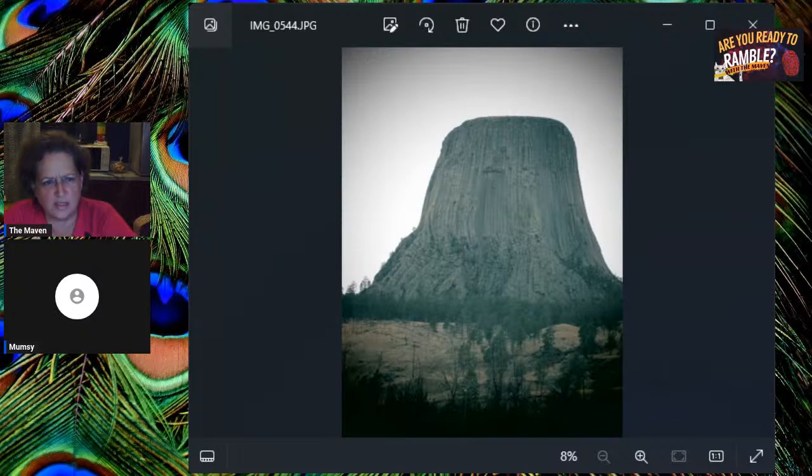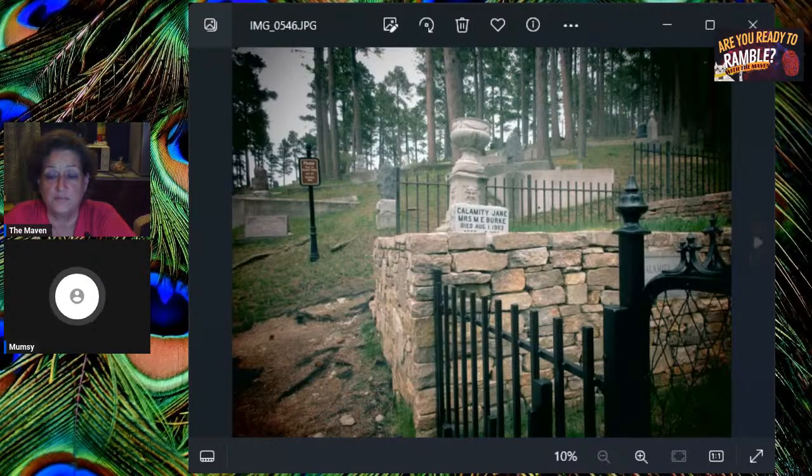Mom, didn't you go into the ranger station and get information, have them give a presentation or something? No, it wasn't opened yet. Oh, it was early, huh? Yeah. But you were there, you got your pictures. I was there. I got my picture.